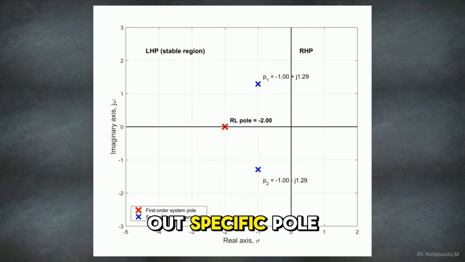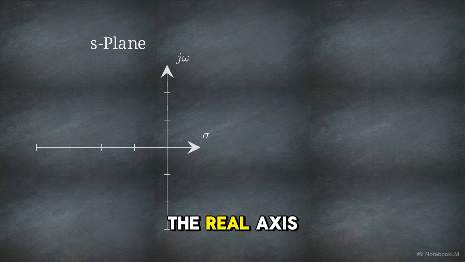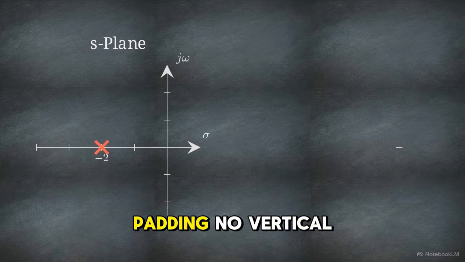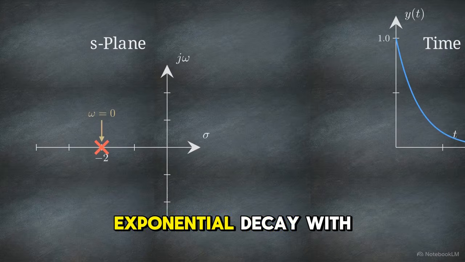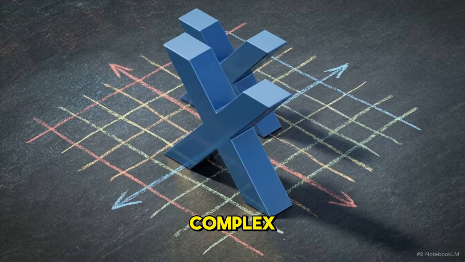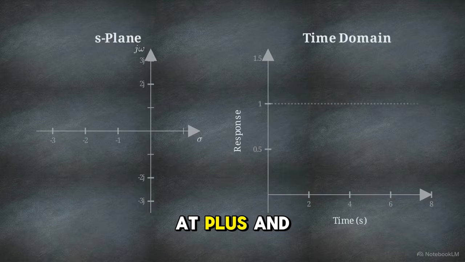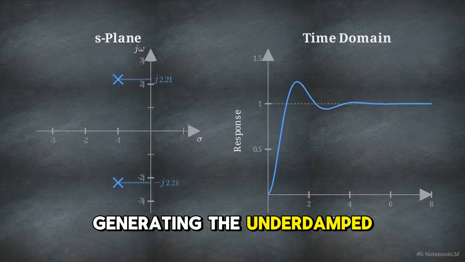This map plots out specific pole locations for both our first and second order examples. The single red pole sits on the real axis at -2. Having no vertical displacement, it generates the first-order exponential decay with 0 oscillation. The two blue marks represent a complex conjugate pair of poles. Because they sit off the axis at plus and minus j1.29, they inject that specific frequency, generating the underdamped oscillatory